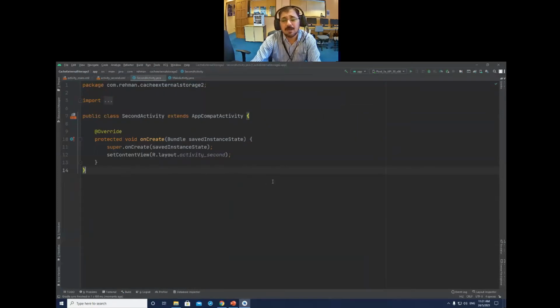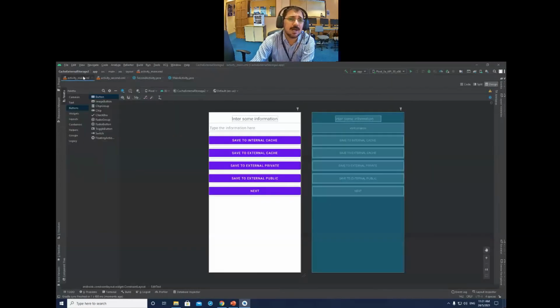And now you see, in the second activity, I want exactly the same information and exactly the same design, but the save to will change to read from internal cache, read from external cache, read from external private, and read from external public. So the saving will change to reading.